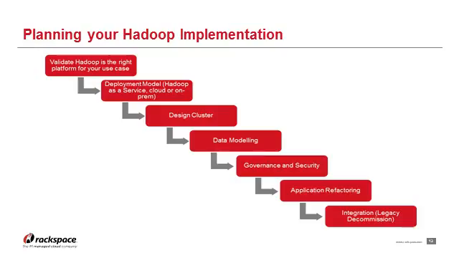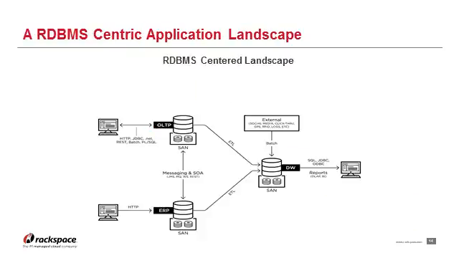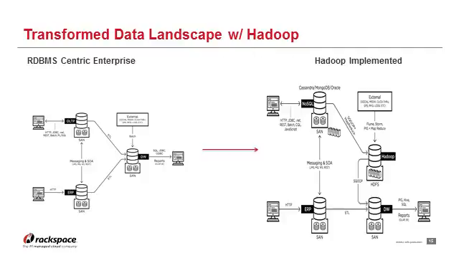And then the next one is designing a cluster: the number of servers, the memory, the disks, the storage configuration and so forth. These top three are the high-level infrastructure ones, and then you move on to the actual application itself, and design your security model. Since you're looking at different sources of data, you need to put some fences and guardrails around who gets to access what data. So you do your governance and security, and then finally you integrate Hadoop with the rest of the enterprise, which in a lot of cases would involve decommissioning some aspects of your enterprise data warehouse itself. And finally, I wanted to show you, based on our experience at Rackspace,